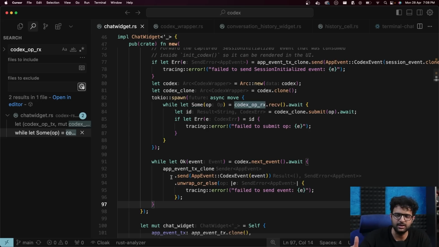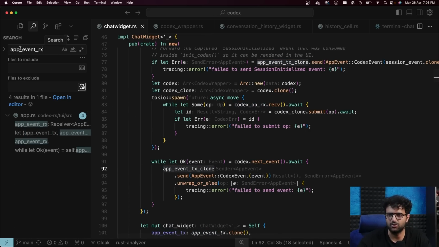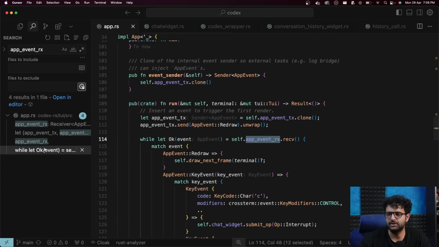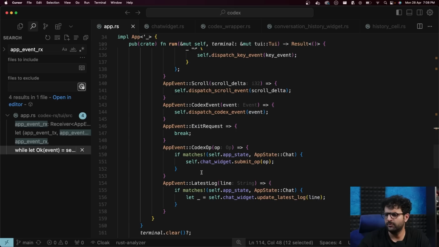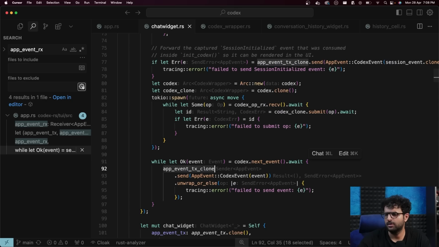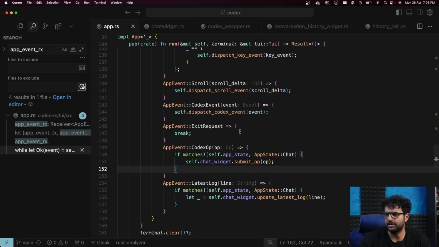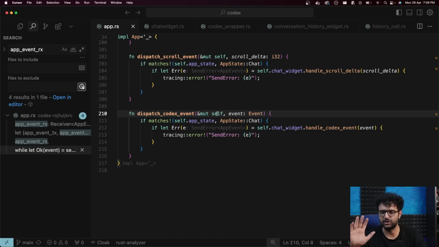Whenever the AI returns something, eventually the control reaches here. And if you look at it here, what are we doing? We are again sending or passing it via another message parser called app event. So where is the app event receiver? It is over here. And here, if you look at it, it's the same one, Codex op. What's the event? It's Codex event. So that's this thing right here. Codex operation is me sending data. Codex event is me receiving data from Codex, which is our agent or whatever, the thing that's talking to the